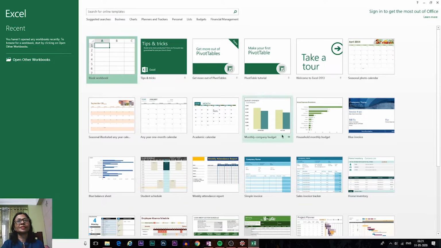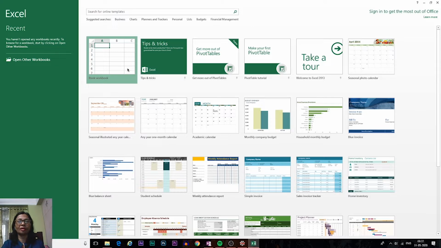First, this is the screen, that is the Excel sheet from the Microsoft Office. I think all of you have the Microsoft Office software, and from there we will open the Microsoft Excel, and when you open the Excel sheet, then you will get this one. So there are many options that you can start with. The first basic thing is it is given blank workbook, so we have to first open the blank workbook. Other things we will learn afterwards. So first you have to open this blank workbook.